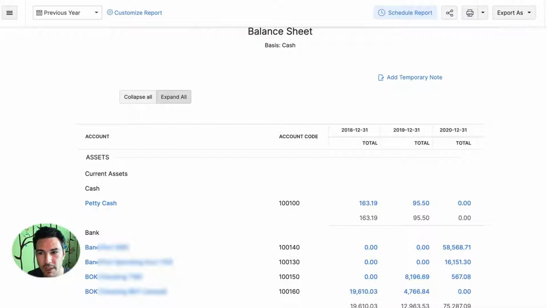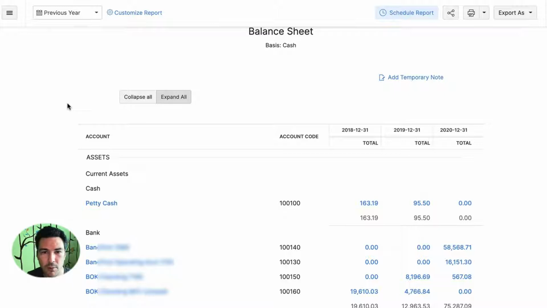And besides, if you can get these reports from QuickBooks or whatever else, that's fine too. But we're going to look at Zoho Books today because notice it's real neat here. We can compare one year to the next